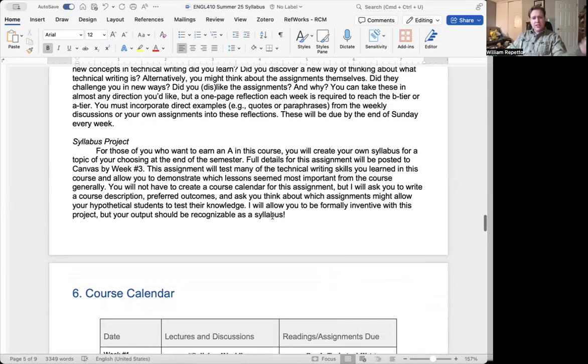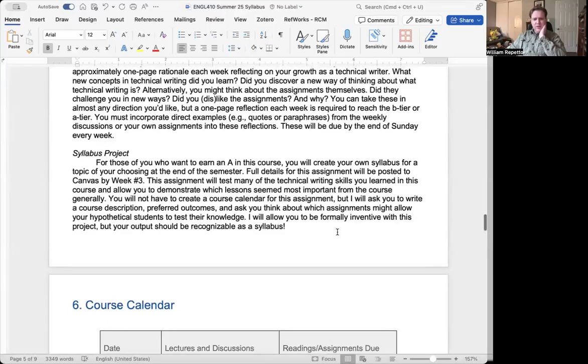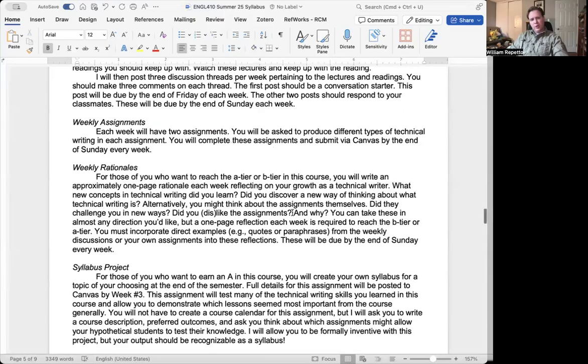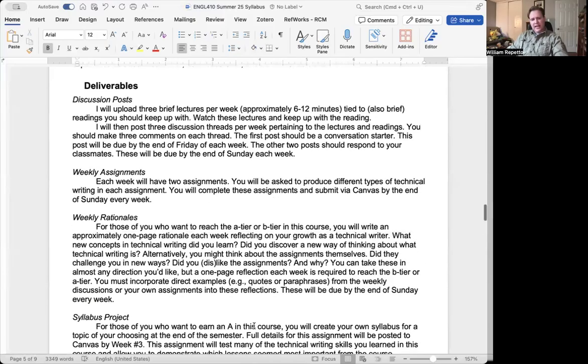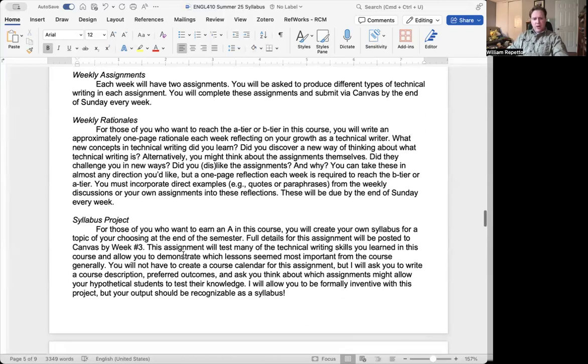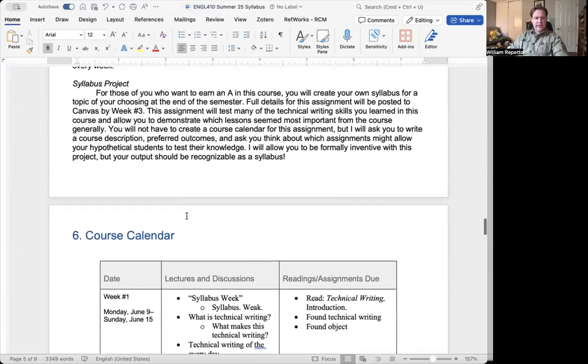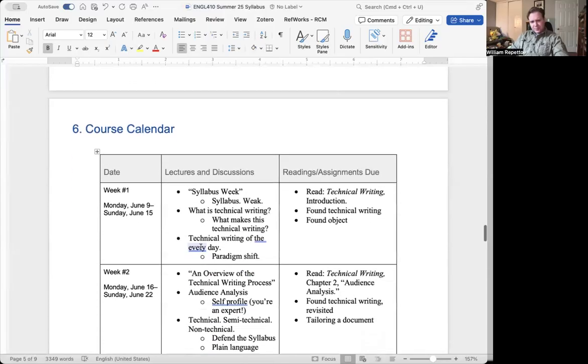And then lastly, we'll have a syllabus project in the end. During week two, we'll consider this word expertise, and we'll think about what expertises you have. And you can pick one of those expertises and compose your own syllabus for it. And so if you do all of those all together, that would be an A. If you do just these three, that's a B. And if you just do these two, that's a C. But yeah, so I'll describe this more later on and also within the course.